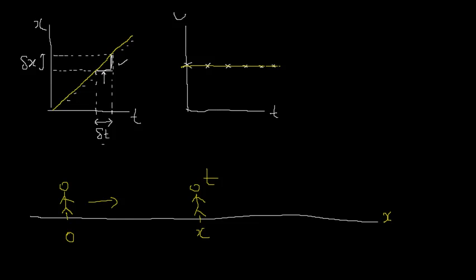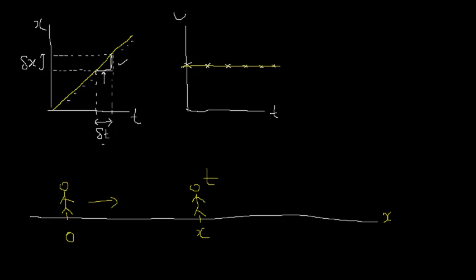Now, I'm going to look at a slightly more complicated situation. Suppose now that the boy starts running, and suppose that he starts slow, and then he picks up speed, and then he runs faster and faster, and he accelerates. And he was able to keep this up for maybe 1 or 2 minutes. So during this 1 or 2 minutes, he just keeps going faster and faster. Now, if that is the case,